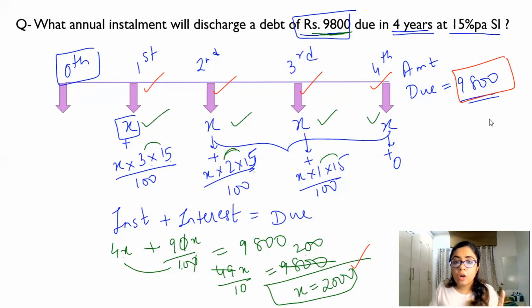Why? Because it generates an interest also, so that your installment plus the interest generated adds up to the amount due. So the bank just balances it out. It adds both and equates it to the loan which you had taken.